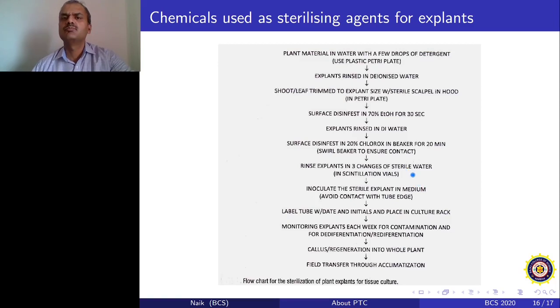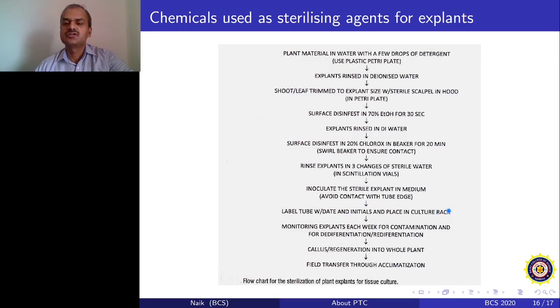The petri plate should have a blotting paper or let's say tissue paper, because there will be a lot of water on the surface of the explant, and sometimes that water also creates, although we assume that the explants are 100% contamination free, a kind of random bacterial contamination which comes along with that explant or with that water. So the best way is to semi-dry the explant, not completely, and immediately inoculate in a test tube.